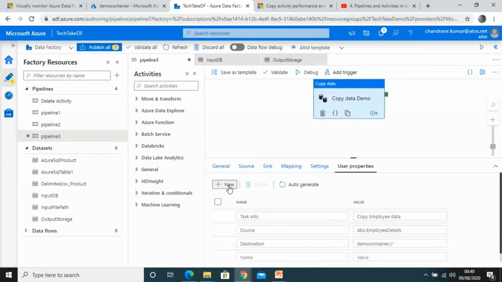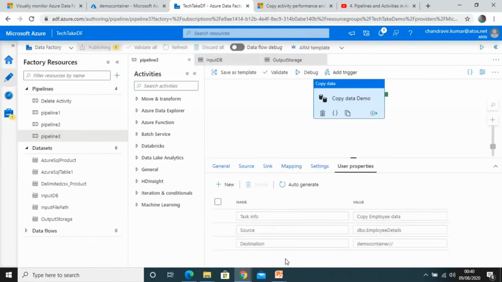Now as I said, maximum 5 additional information we can add here. If you click more two times, you can see the 2 additional fields added, and that new button is disabled now. So we can add only 5 additional informations. Let me delete those 2 fields and keep these 3 fields only: source, destination and task.